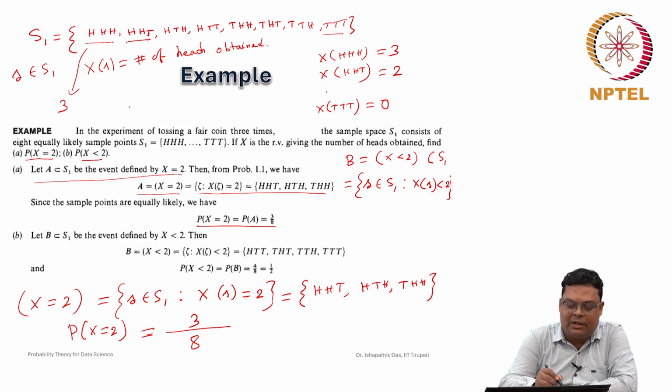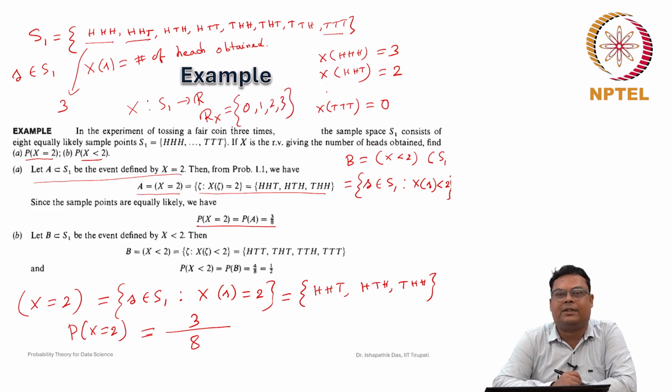Because a random variable is a function from S1 to R, the range of X is nothing but the range of this function, denoted by Rx. So, all the values it is taking. What are the values it is taking? It is taking 0, 1, 2 and 3, so this is the range of X. Range of a function we know: those values it is taking are the range of this function, which is nothing but the range of this random variable.